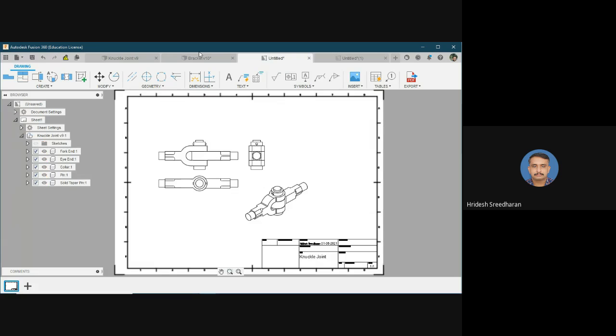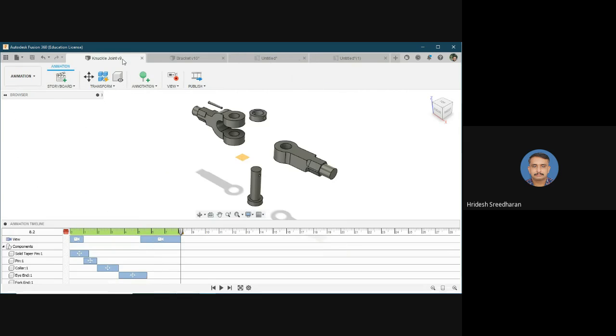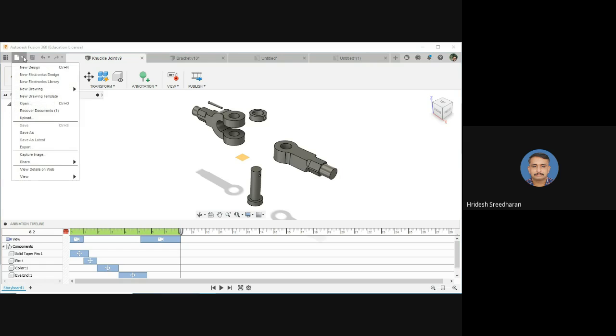So we have seen the many different types of drawings and how to create them. Then, any other questions? Actually, we have completed ahead of the schedule.